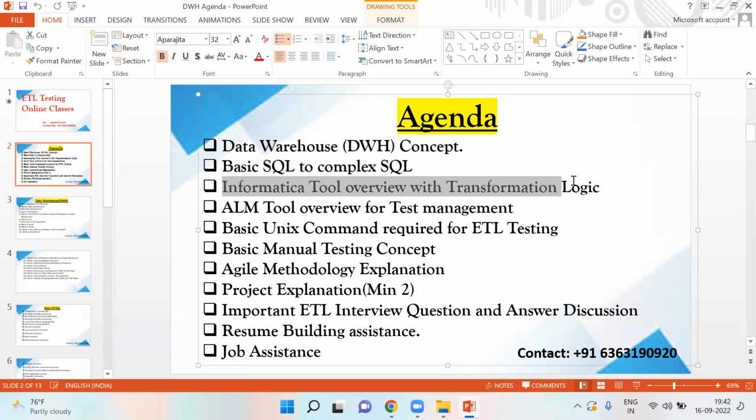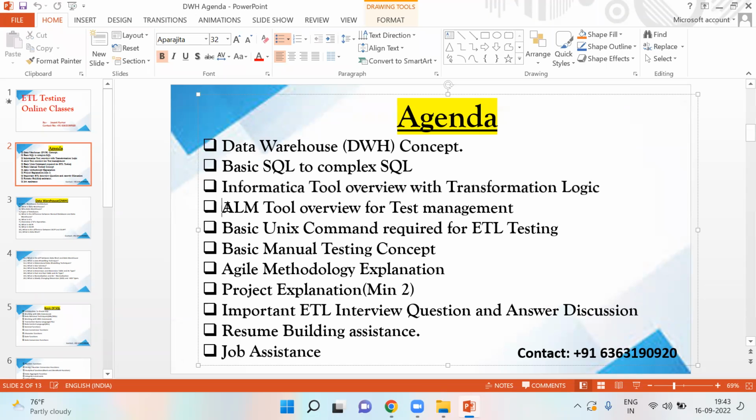The Informatica tool will be important as part of ETL testing. Through the Informatica project overview, I'll tell you real-time scenario-based examples. I'll teach you how to write test cases, what the scenarios are, how to run the workflows, and how to do validations for different types of scenarios, with the mapping sheet as well as the HTML document. This is very important, a backbone of ETL testing. I documented this topic in such a way that you will have complete knowledge of ETL testing.